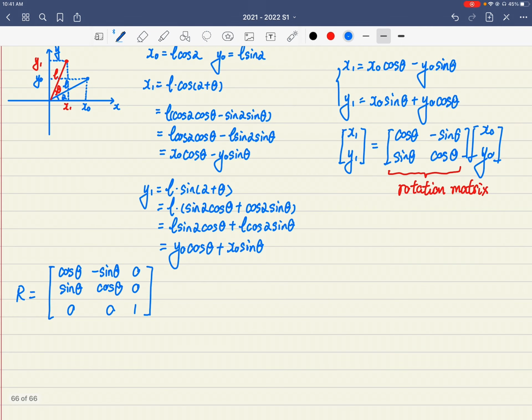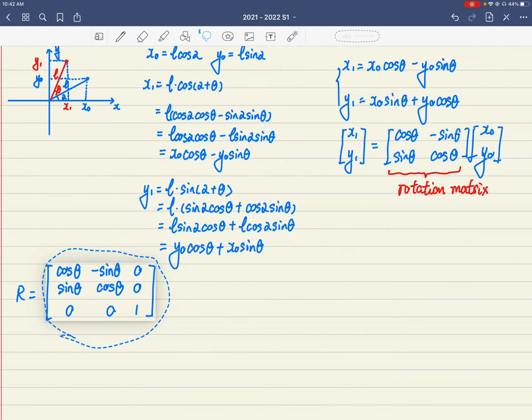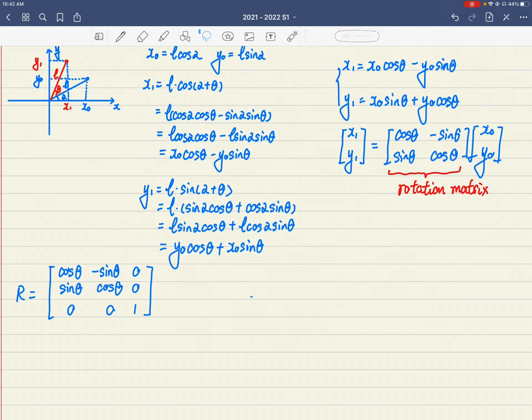So this rotation matrix will rotate the line in three-dimensional space. It rotates a point about the z-axis by theta radians in the counterclockwise direction. The important thing is, if you rotate about the z-axis,